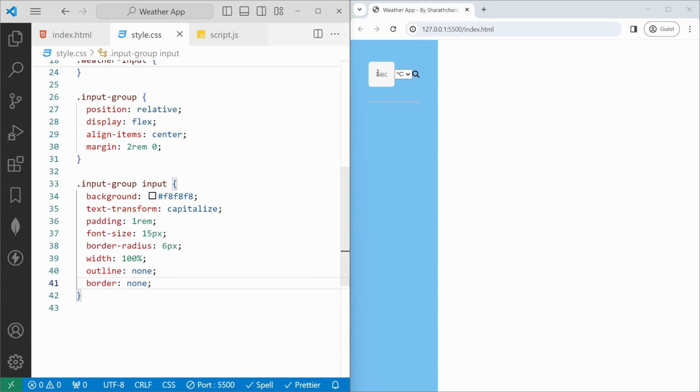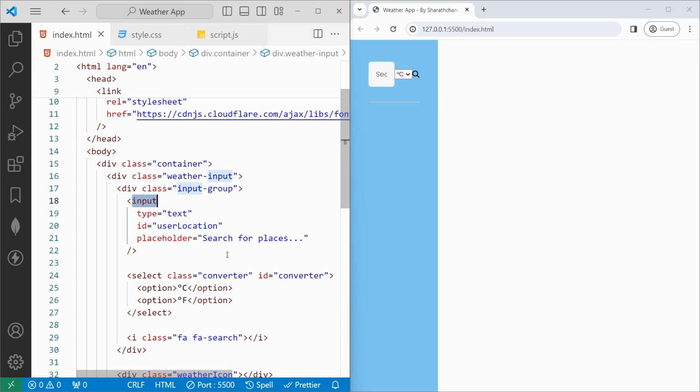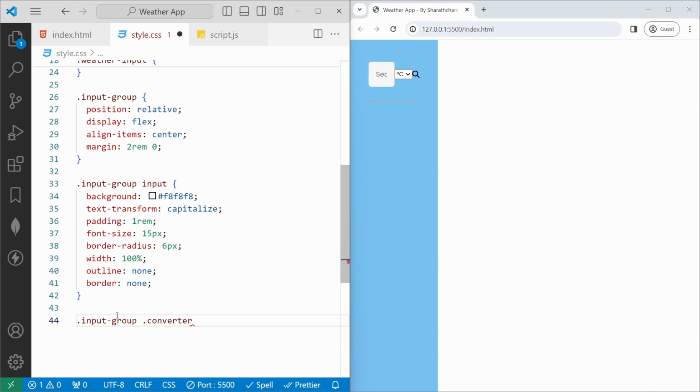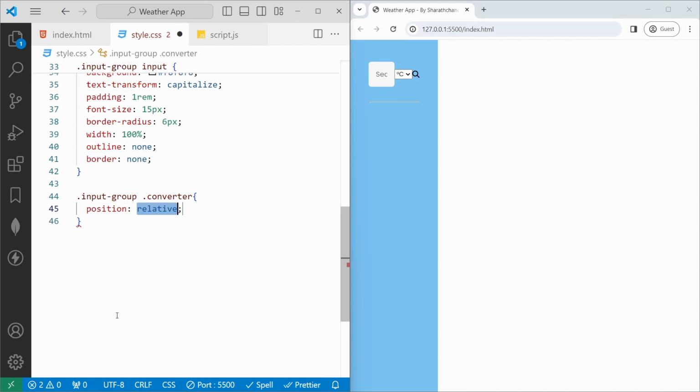If I save, now we can see the input box here. Similarly, we need to add the styles to the converter as well as the icon. For this, we have already added the class value of converter here. So, same input-group dot converter,